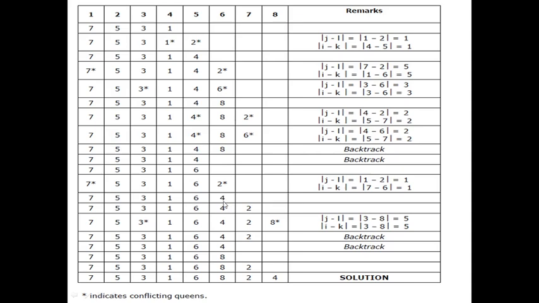You will see the fourth is not giving you a conflict, therefore you will see 7, 5, 3, 1, 6, 4 as the placement. Then in the seventh row you will see 2. Up to the seventh row there is no problem, but for the eighth row only one cell is possible, the eighth cell, and that is not giving you the correct answer. The eighth cell has a diagonal conflict with the third cell, therefore you have to backtrack.